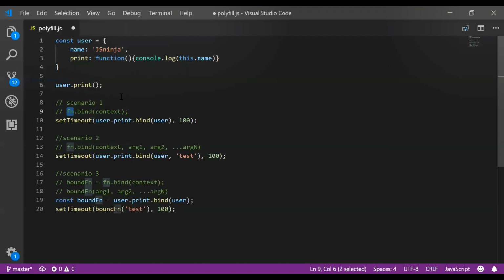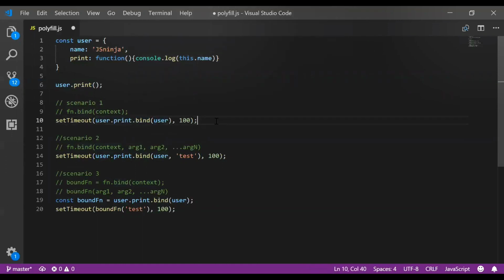Use case and scenario are the same thing. Scenario 1: this is the syntax, function.bind with the context. Here we are binding user.print with the user context.